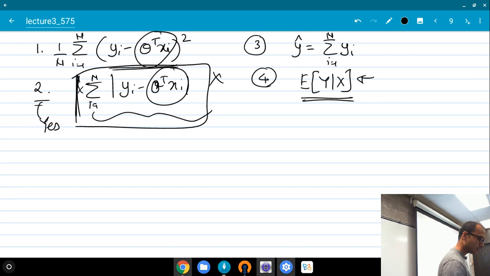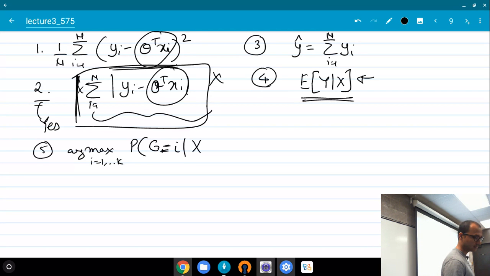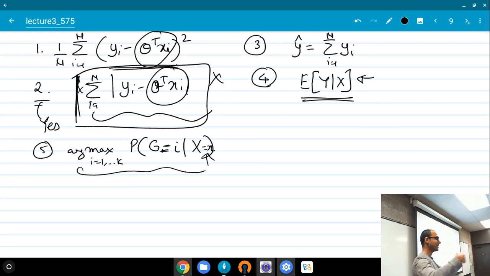And similarly, it's okay if you couldn't write this in time because the time was short. Similarly, what is the formula for the Bayes classifier? If there are k classes, it's the argmax over i equal to 1 to k of the probability that g is equal to i given x. Or x is equal to x, it doesn't matter. So this is the prediction. At a given point, find the highest probability mass class, the categorical value, and that's going to be your